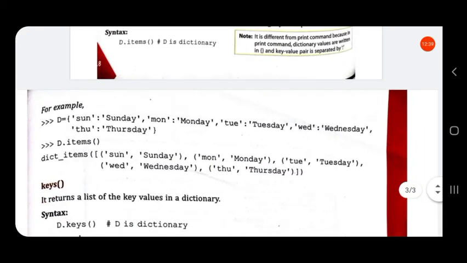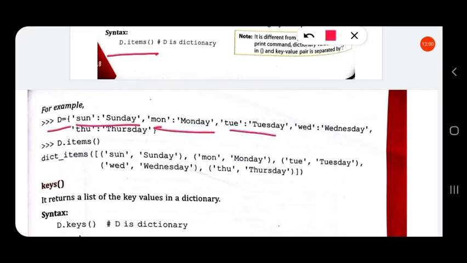The syntax for the items function is dictionary name dot items. Our dictionary is D. It has key value pairs 1, 2, 3, 4, 5. So this many key value pairs are there.